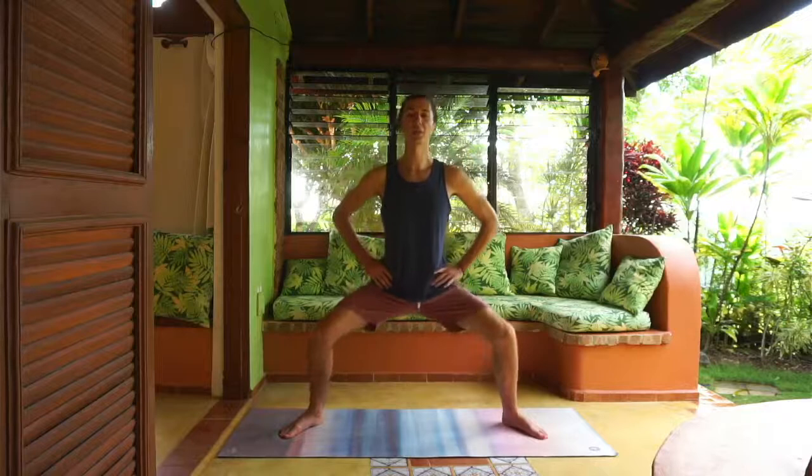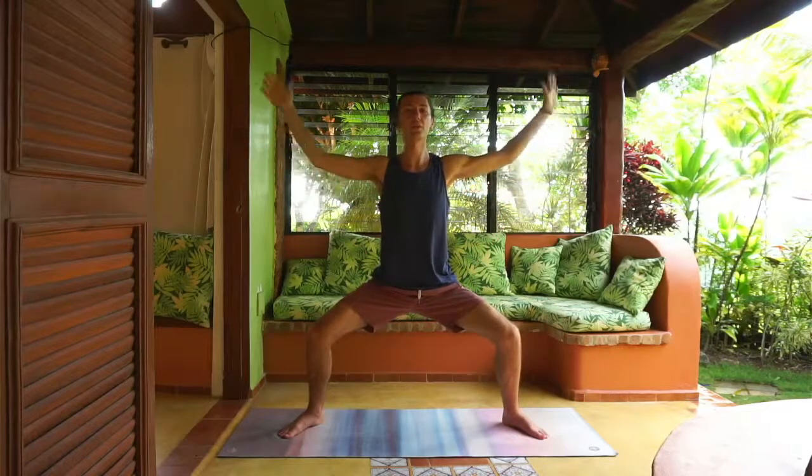Two more times. Inhale, straighten the legs. Exhale, lower, keep drawing the tailbone down, frontal hip points up. Once more. Inhale, straighten, and exhale, lower. Stay here, keep drawing the tailbone down. We'll add the arms. So extend the arms out to a T or field goal pose with the elbows bent, palms facing forward. Take a nice deep inhale